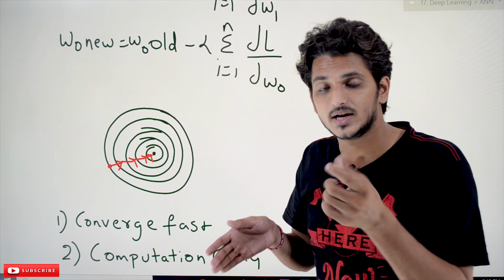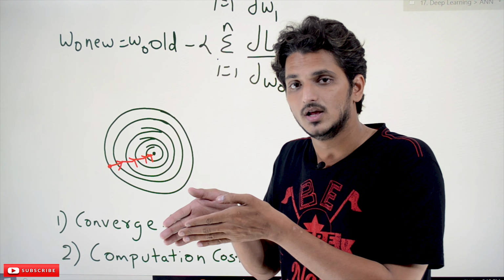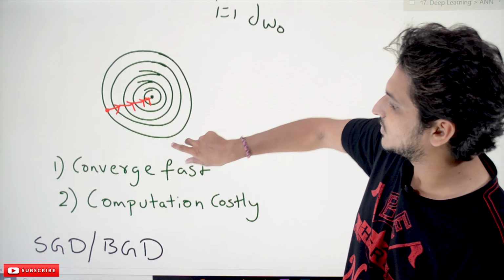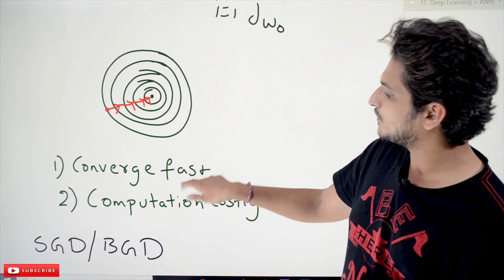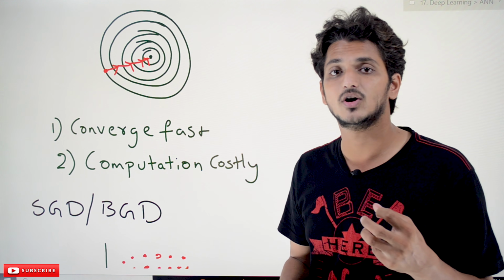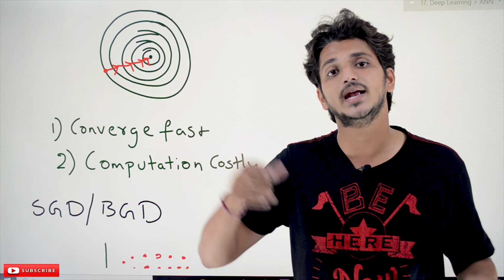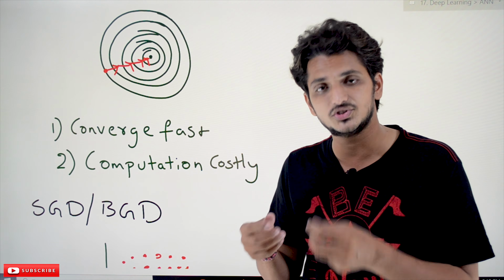This point you have to understand, this is directly moving towards the minimum point. So in the next step you will understand the advantage of gradient descent. It is converging fast. We will converge very quickly, but it is computationally costly. Why computationally costly? We have to substitute the derivative value for all the data points and sum all the values. Then we have to consider that value.